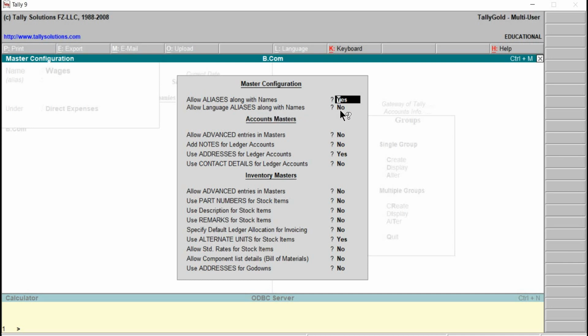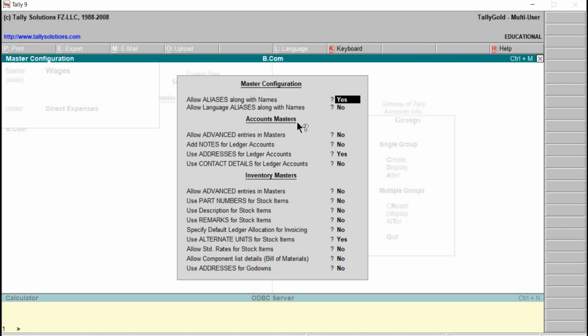Default is no. This can be made even yes. When this is done yes, Tally allows the user to enter alias name in Indian languages for the master. This can be for the group, this can be for ledger, etc.